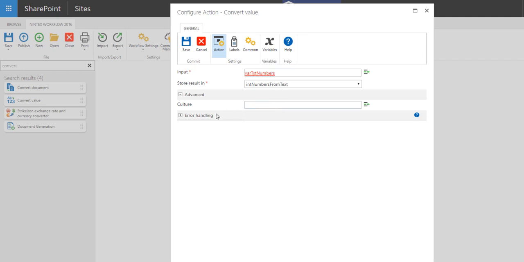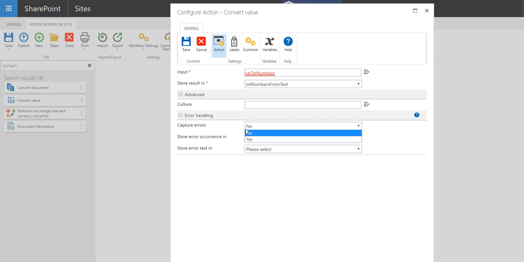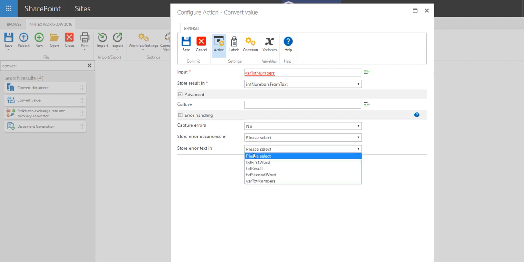The other item to keep in mind is error handling. If you are looking to convert a text value into a number and something breaks somewhere, you want to store the error handling code and essentially fail gracefully within your workflow. You would use this error handling section to choose yes, capture errors, and then choose a text type variable to store the error text in, and then choose a number type variable to store the error occurrence in. And right now I'll just leave this as no, but once I've stored these values in here, I can